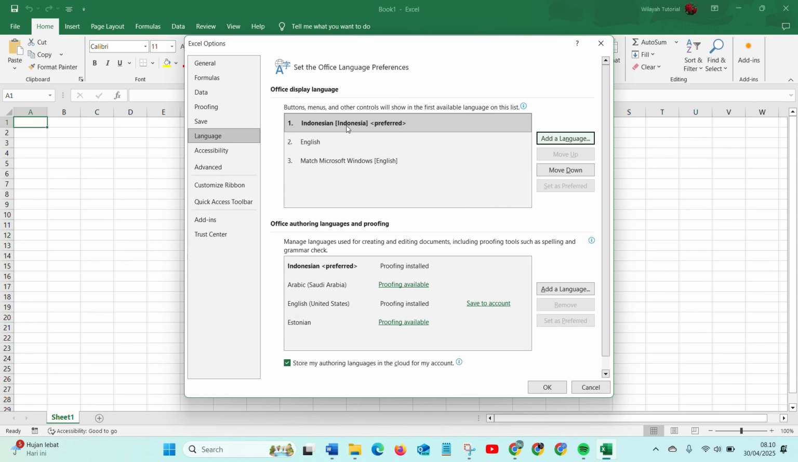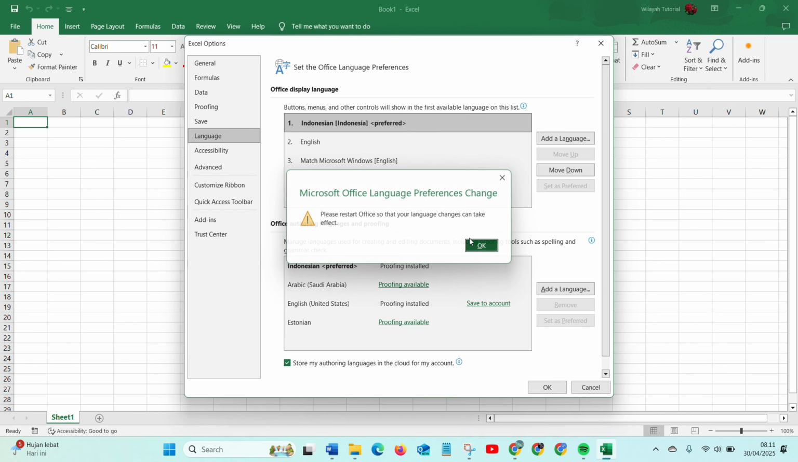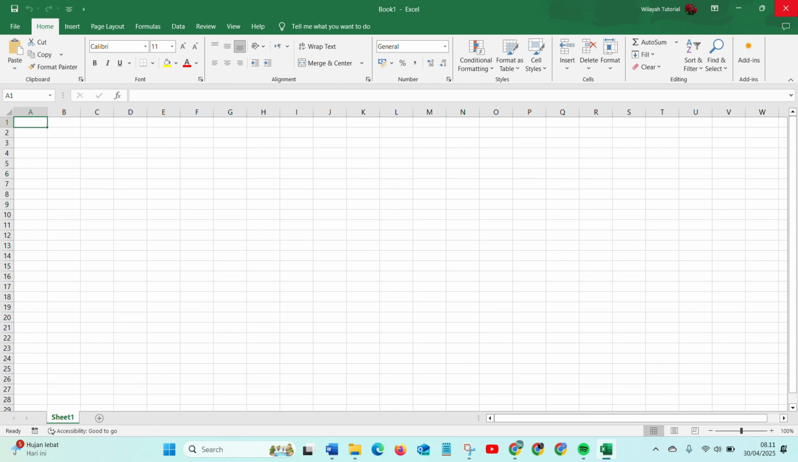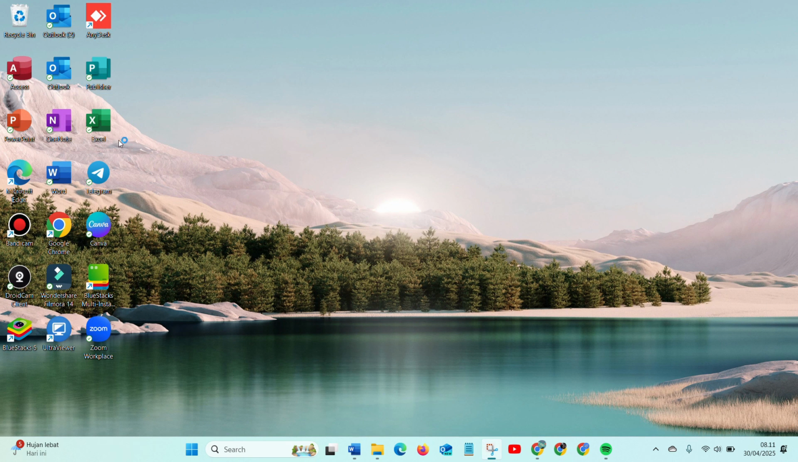Now, after that, I will just change to Indonesian. You have to move it up. Now you can also change the authoring languages and proofing in here. Now click on OK. Okay, so all we need to do is to reopen the Office,